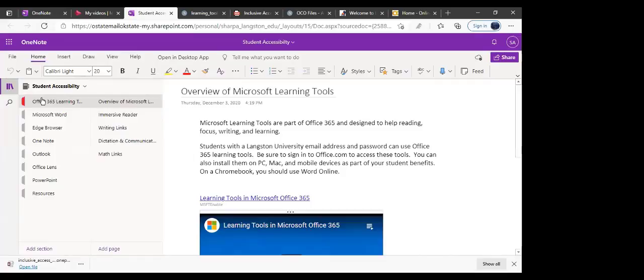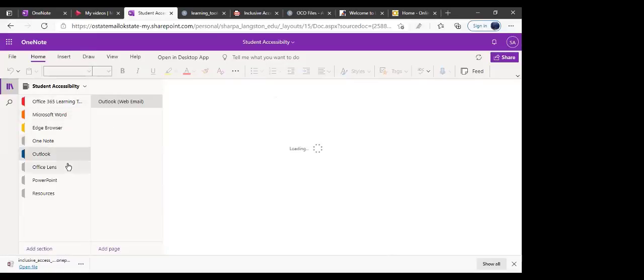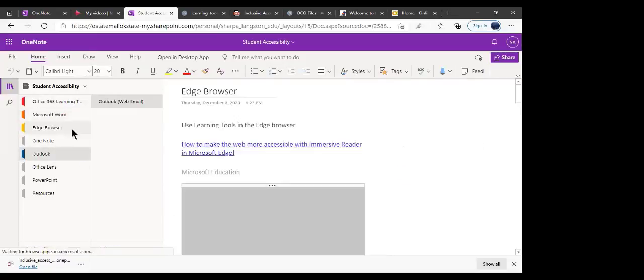First, this is a OneNote. I get a lot of content from Microsoft. I was a Microsoft Office trainer for several years, and I continue that training as I try to pursue the Microsoft Innovative Educator certification, and I'm a Google Certified Educator as well. This OneNote is one that I made for Langston, for Mrs. Buckley, who runs the accessibility, and it goes over each tab of Microsoft Word, the Edge browser, and OneNote. These got moved out of order because I usually have them alphabetically.